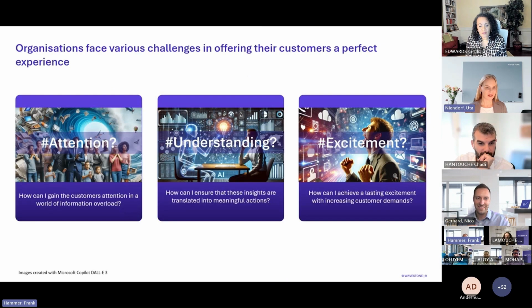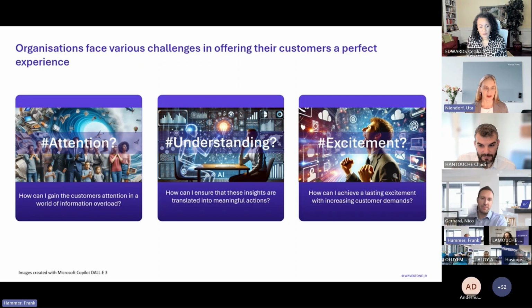Yes, thank you, Nico, and thank you, Charlie, for the introduction. So I'm so excited that there are so many of you from all different industries and sectors. So you have to bear with us that we won't go into any details, industry specific or sector specific, but I think there are some global challenges that all industries face, and especially when it comes to creating the perfect experience for